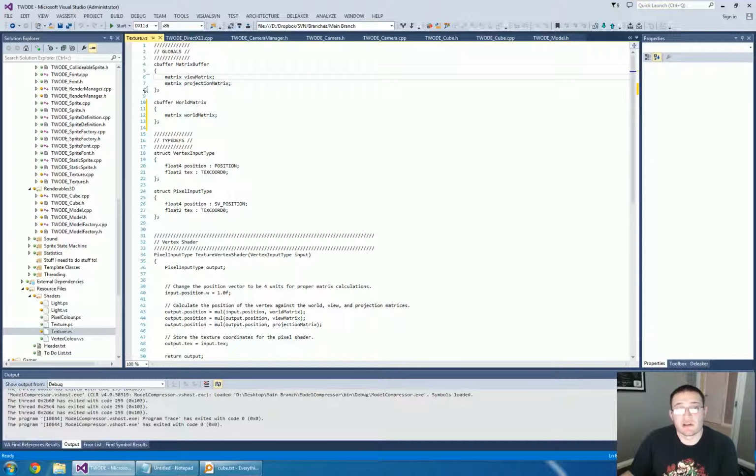So I've got two buffers. One is a constant buffer for the projection and view matrices, which don't change. Once they're set on the frame, they don't change. But then you have the world matrix for whatever object you're rendering. So I set these two before I start rendering everything from the render queue. Then I set these per model,